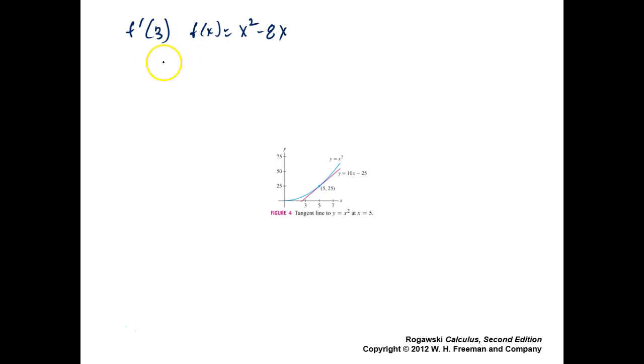Someone remind me what that is. F prime of x is what? The limit. Let's go on and do f prime of 3. The limit as x approaches 3 of